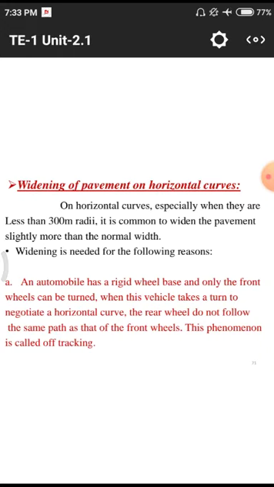If the rear wheel does not follow the same path as the front wheel, the phenomenon is called tracking. That means whenever we have a curve, we need to rotate our handle or steering. If the steering is rotated, automatically the front wheels will move, and the back wheels also follow the same gradient we are maintaining on the road. If the front wheel is moving, automatically the back wheel also has to follow a particular amount of turn. If there is not a turn, our vehicle will be skidding at that particular point where we are applying this steering movement.